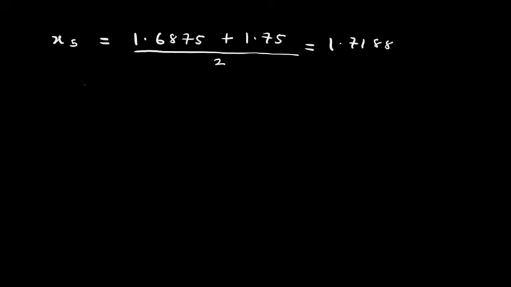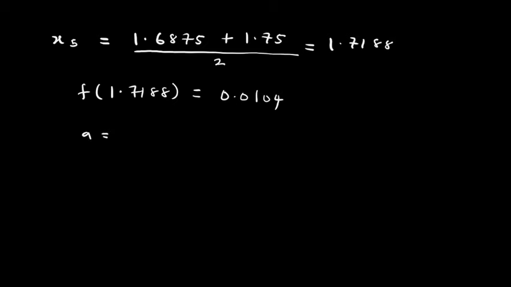Then f of 1.7188 is equal to 0.0104. Since f of 1.7188 is positive, the next two guesses would be